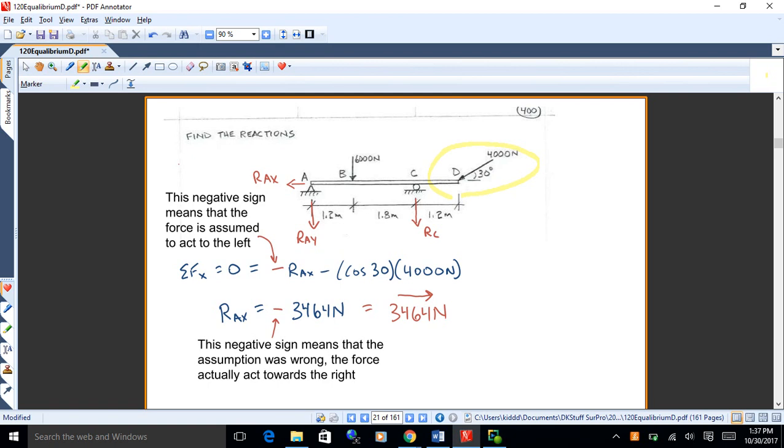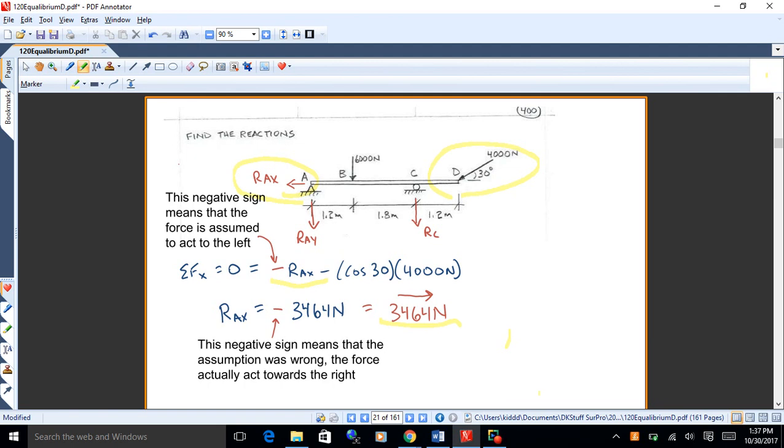Now the negative on the answer does not mean it acts to the left. What the negative on the answer means is my assumption was wrong. I assumed it acted to the left. My assumption's wrong, so what that means is it acts to the right. I don't have to do any extra calculating, I just turn it around is all I gotta do,